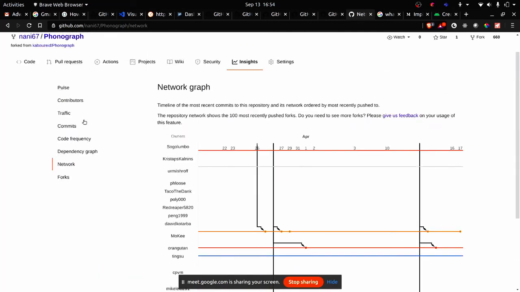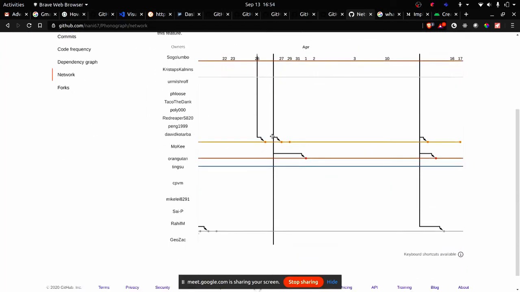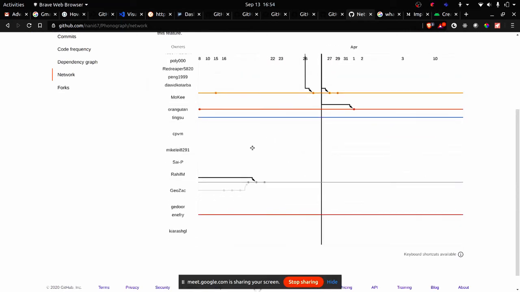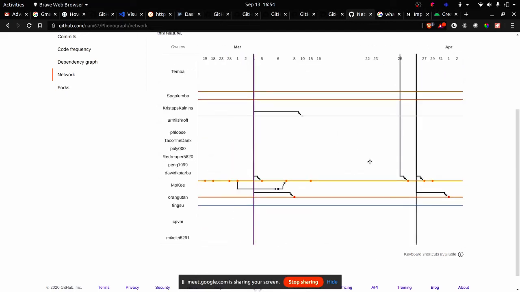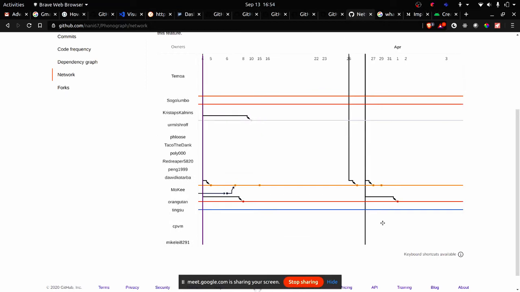This is not my own project though. This is the main project, Caboose slash phonograph. So I copied his project and I'm making changes. And other people, these many people, are creating new branches, working on them, and merging. Right here you can see my branch was merged with his branch.